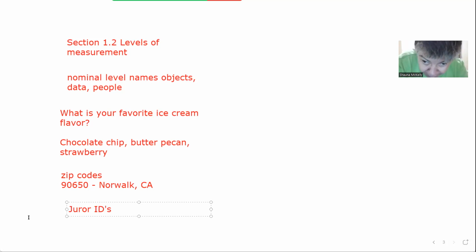If you've been a juror on a trial or a potential juror, you know they give you those long ID numbers, right? And that's an example of another nominal level. Okay. Then we have